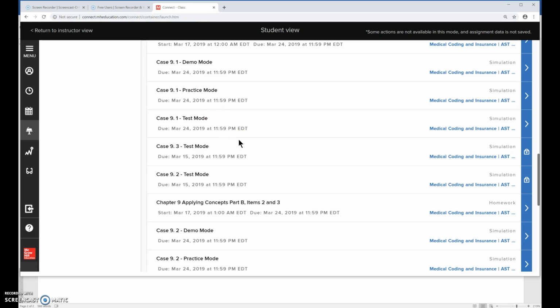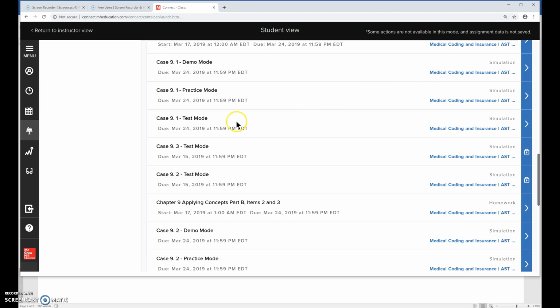For this week's assignment in Connect, you will complete documents in the Medisoft software, and this will have you filling out Medicare claims. For each of the assignments, you will have a demo mode, a practice mode, and a test mode. The demo mode you will watch as it will show you how to complete the steps in filling out